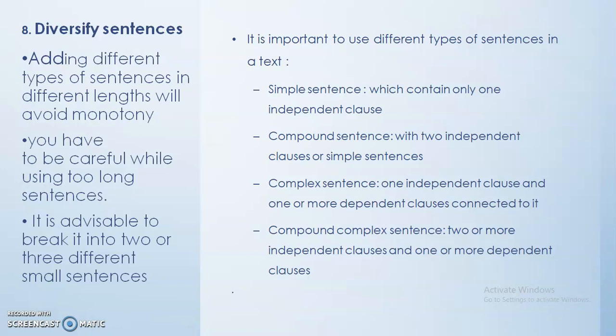Then compound complex sentence. A compound complex sentence is a combination of compound sentence and complex sentence. A compound complex sentence means two or more independent clauses and one or more dependent clauses. Two or more independent clauses make a compound sentence, and adding to that we have to use one or more dependent clauses. So two or more independent or main clauses added to one or more dependent or subordinate clauses, such construction is known as